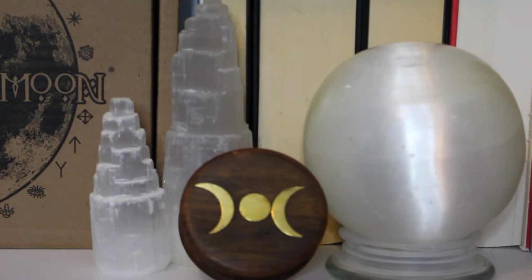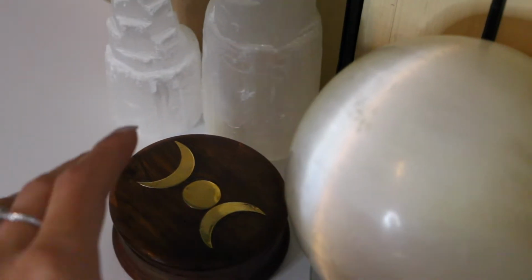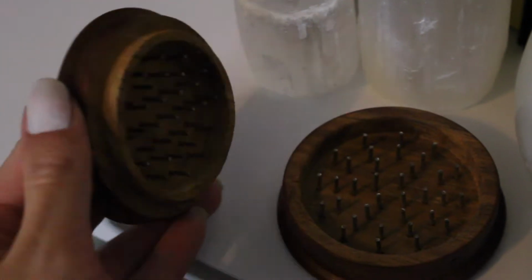And ooh, what is this? Oh my god, guys, it's a triple moon goddess something. Ooh, and it's in wood? What? Oh, you just gotta get so excited when you see the triple moon goddess symbol. What is this? There's no needles, but it's giving me the vibe. I'm like, oh no, is this for blood magic? There's a bunch of these little flat nails on the inside. So I wonder what kind of magic this is for, guys. It says...